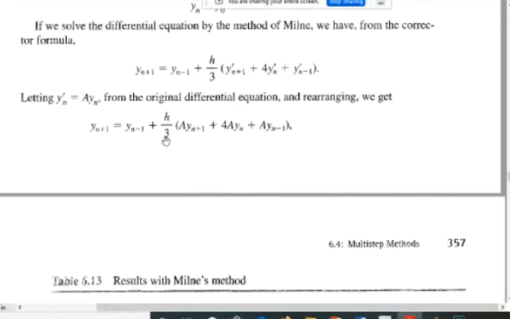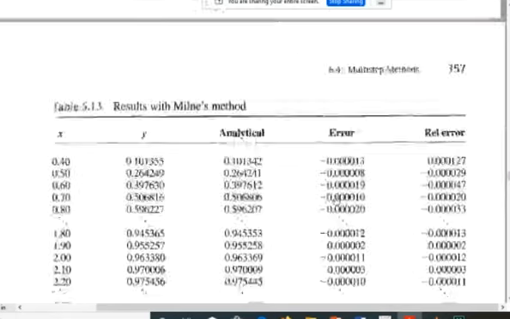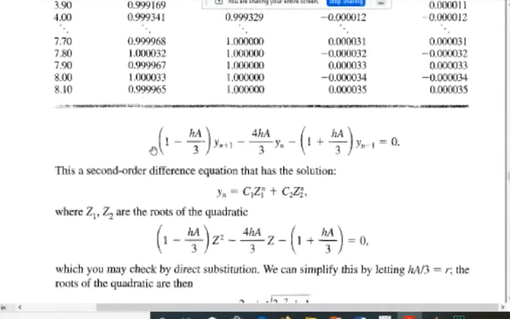We can further rearrange this equation, for example, by taking the terms on the right side of this equation to the left side and arranging these values, we get this equation,